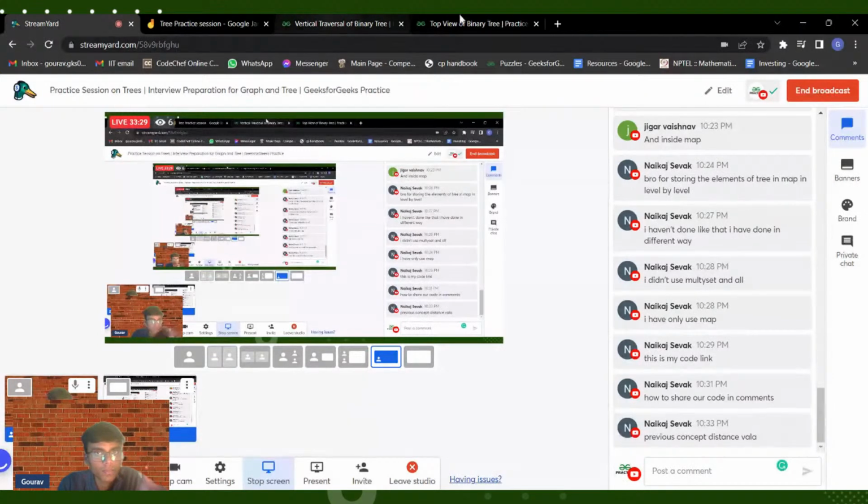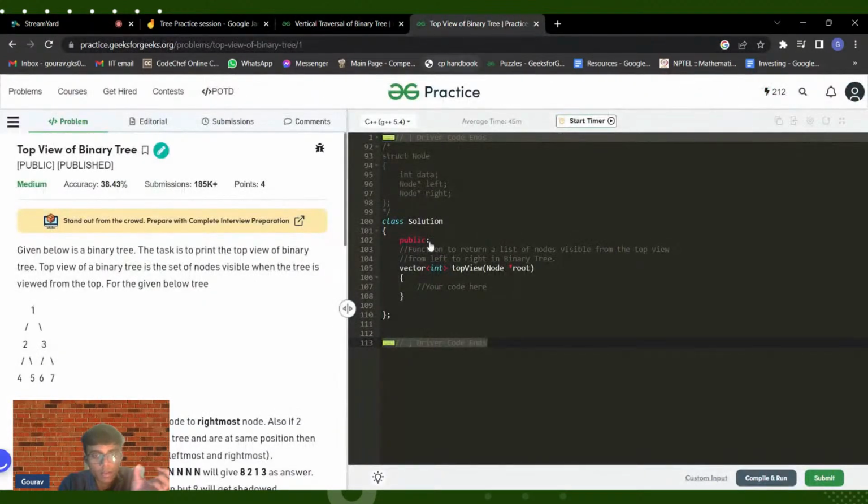Okay, so let me tell you. The first thing we'll do is basically we have to do a level order traversal. So we will declare a queue, we will store the node number, and we will also store the vertical number and the level number. Okay. Do we actually need the level number here? Because it doesn't matter. We only have to put the first node that is coming in every vertical. And as soon as we encounter a first node in every vertical, we will just print it out. So in this case, we actually do not need a level number. Only the vertical number would suffice.